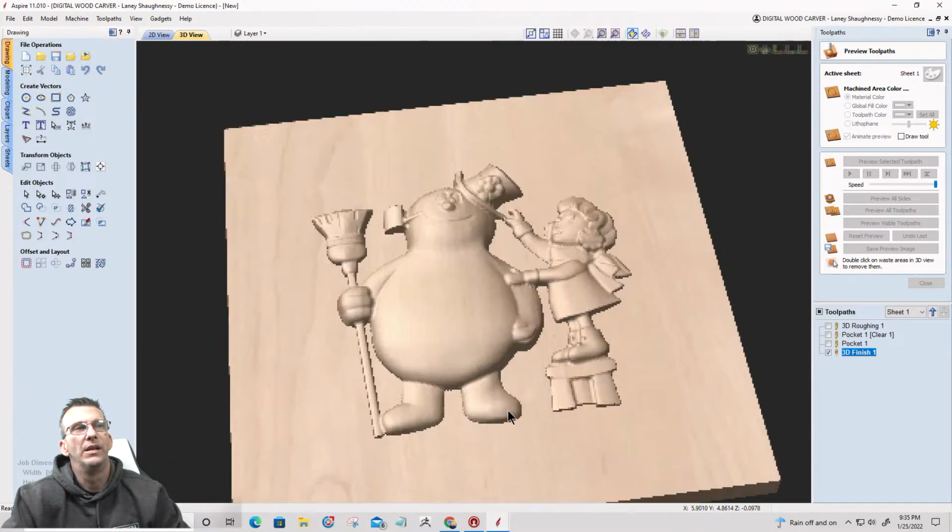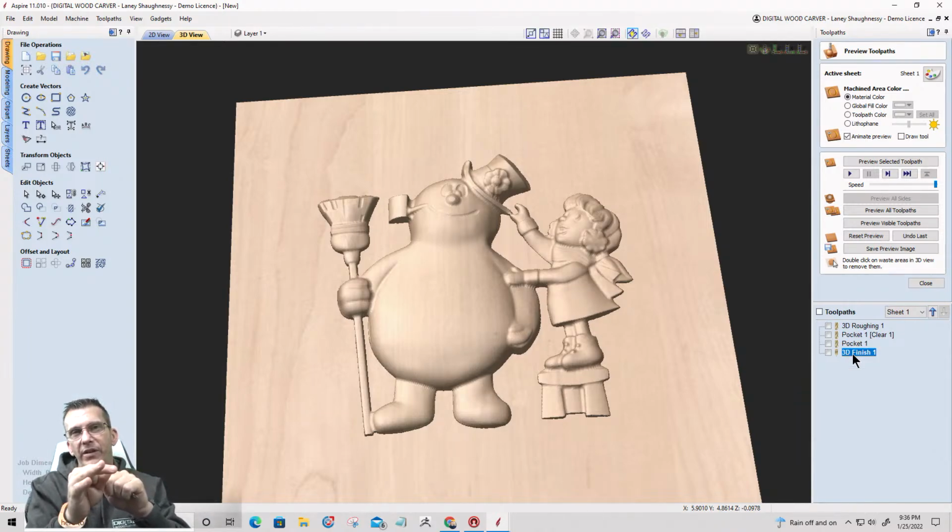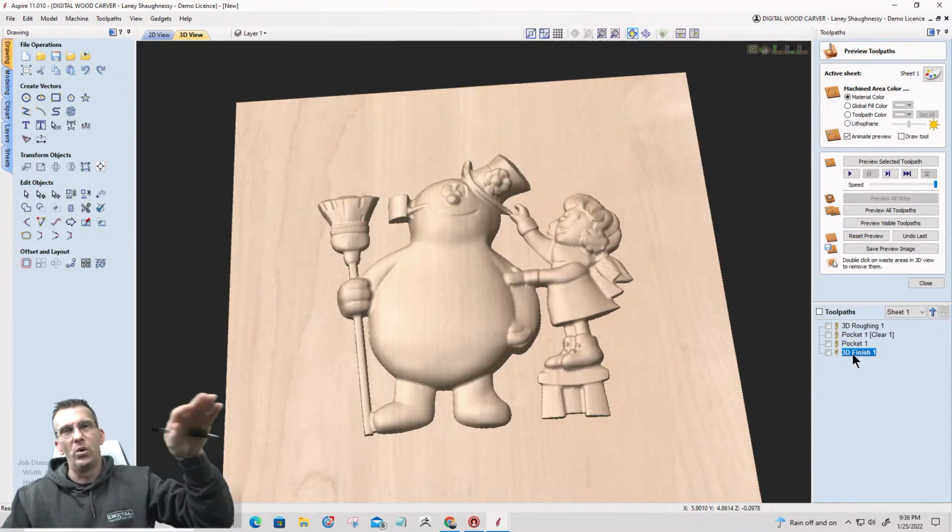And so I've reduced my time significantly on that 3D finish cut, because that small little 1/16 of an inch ball bit stepping over 8% the diameter of itself,